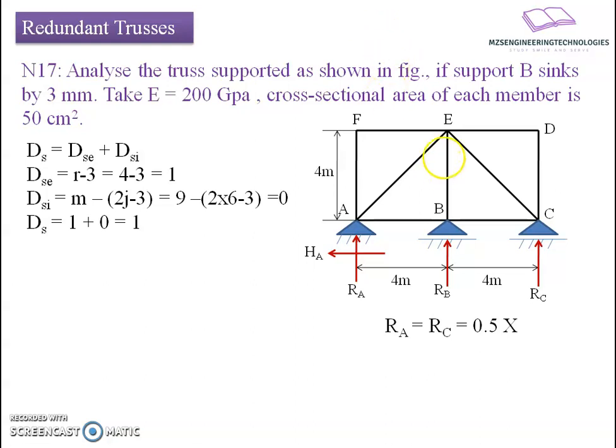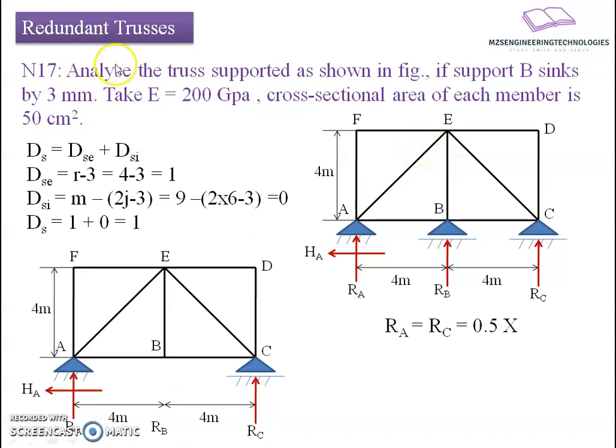So what we will do, we will remove the support which is causing the yielding. We will remove it and the structure will become statically admissible. Once we have a statically admissible structure, we are supposed to find the reactive forces. Seeing the geometry here, there is no external loading, so reactions RA and RB will be equal but opposite in action when we consider only the effect of geometry and